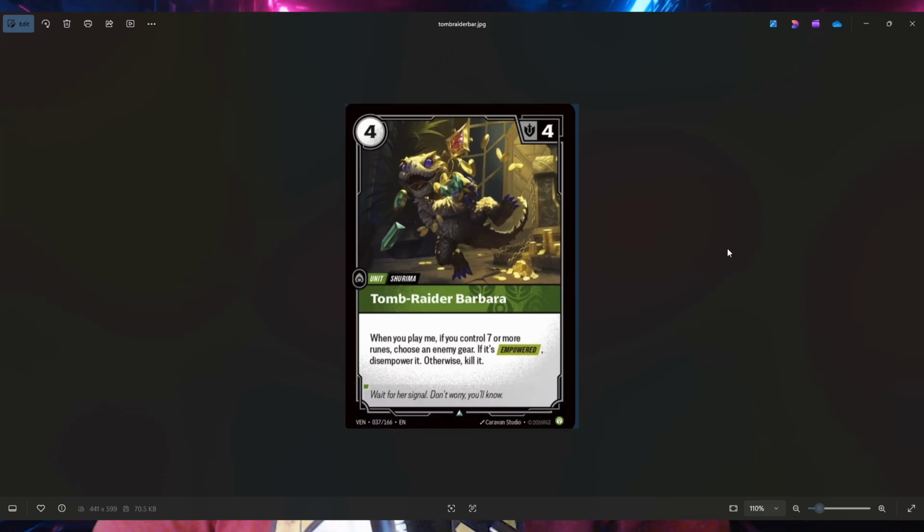When you play me, if you control 7 or more runes, choose an enemy gear. If it's empowered, disempower it. Otherwise, kill it. So this is a card that's like the 7 or more runes we'll see a lot with Nasus. A lot of his stuff is about 7 runes. It's kind of interesting. We'll see that as we go along in the reveals, but this one, nice gear hate